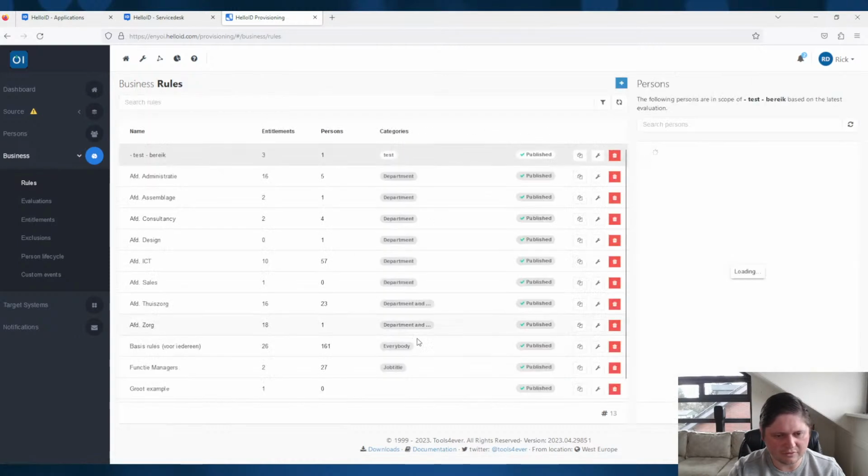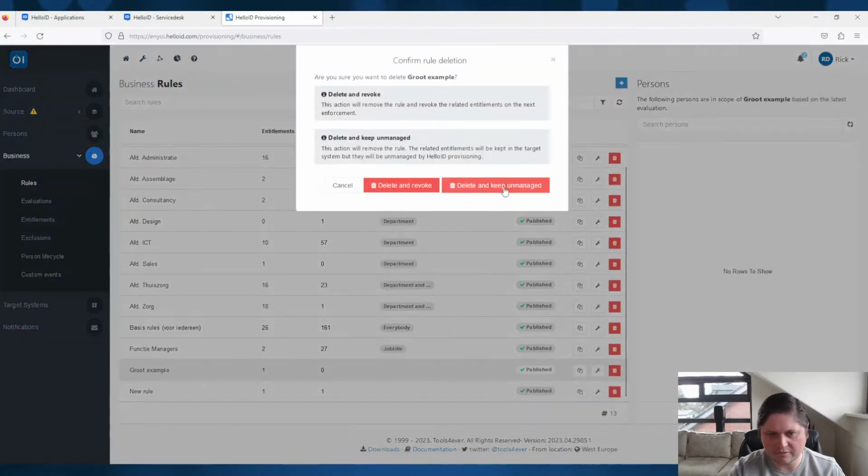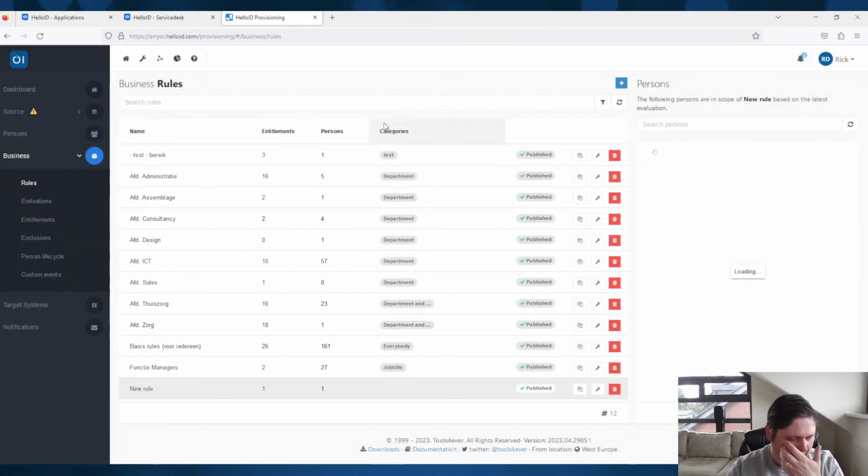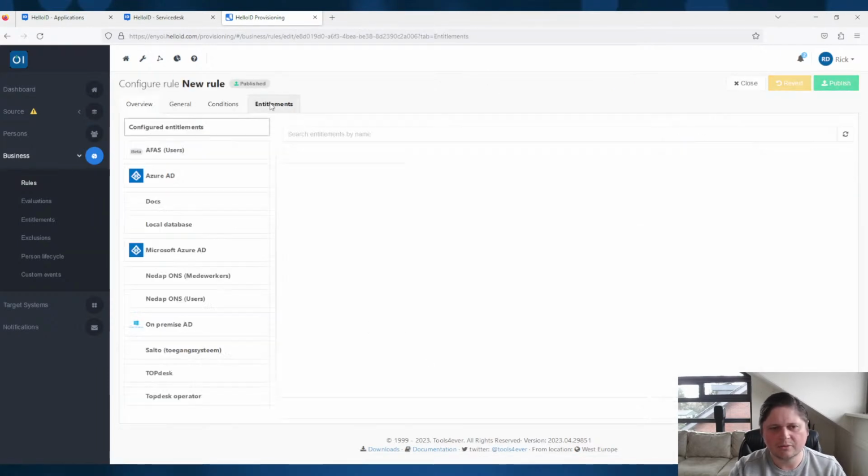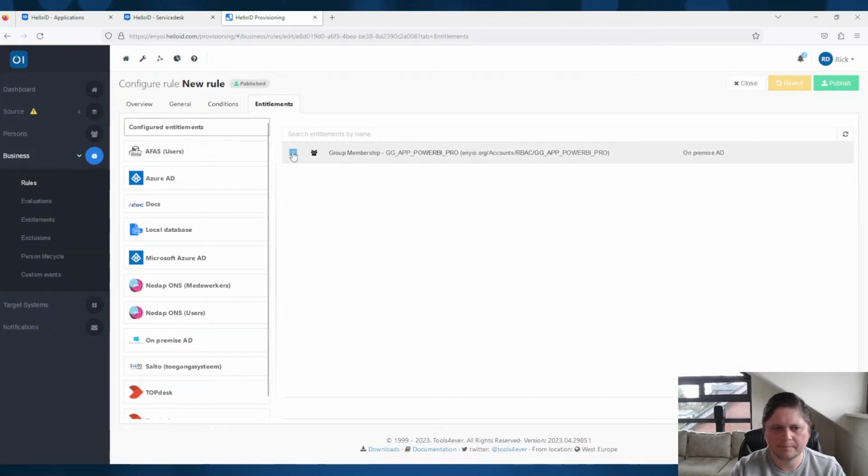Let me destroy the other rule because it's not enforced yet. Okay, that one. And this one is enforced. So what I'm going to do now is remove the entitlement. So I removed the entitlement from the rule, but the entitlement was already entitled to Adian's group and enforced. So that's really important to know. So now if I publish,